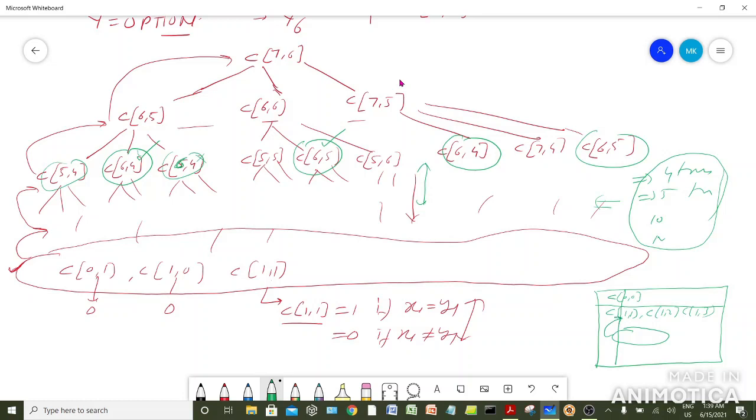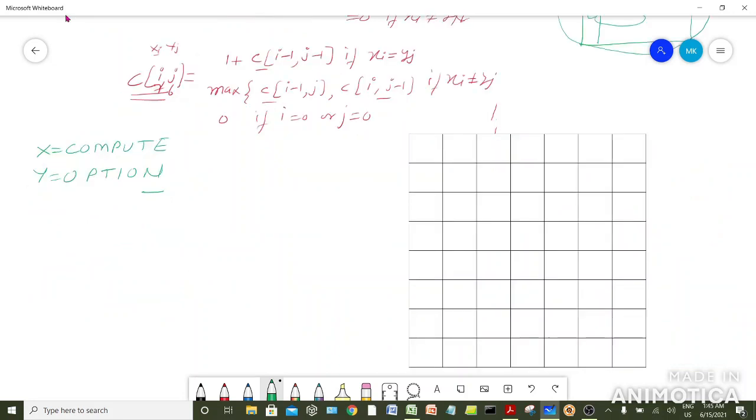So there will be no need to recalculate them again and again. This is the recursive solution that we just wrote. And now assume that there were two strings x and y for which we need to find the LCS. Now, for generating the LCS of x and y, we need to generate a table